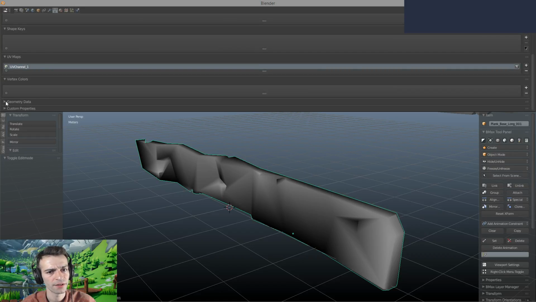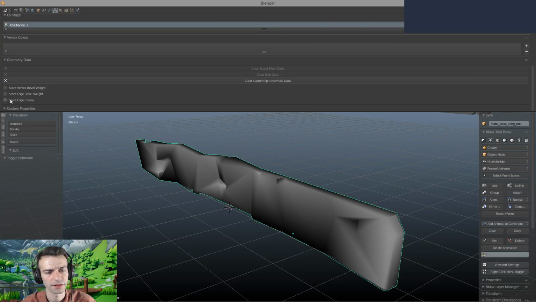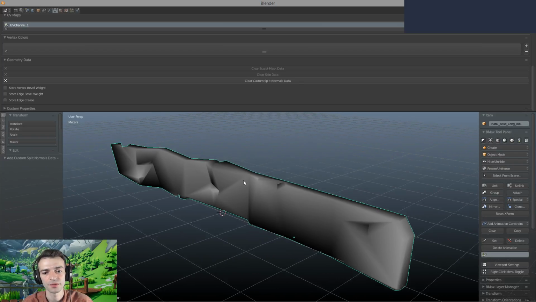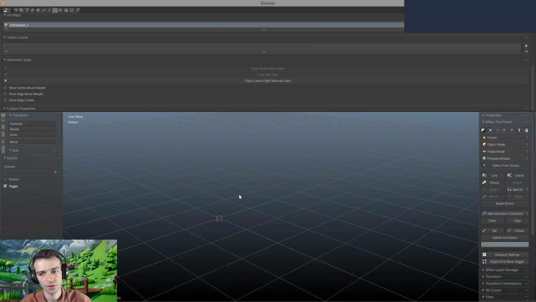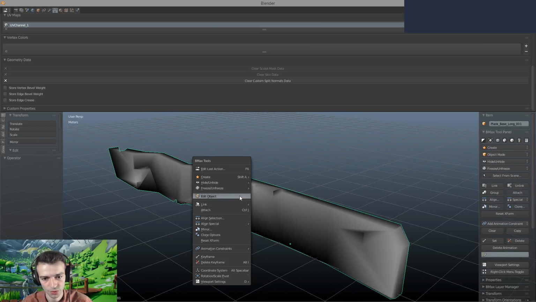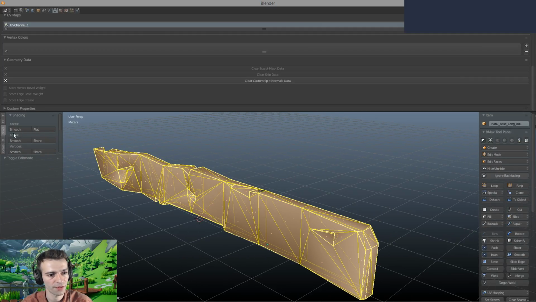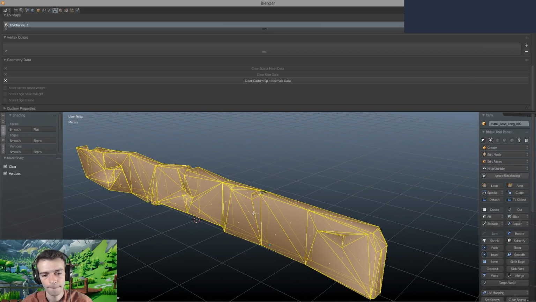And here somewhere, I know I can add clear custom split normals data. There we go. So I add a new custom split normals data. I now go into edit mode, select everything. Shading on the faces should be smooth, edges smooth, vertices smooth. Okay, and